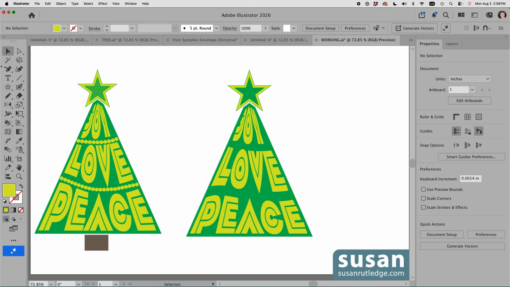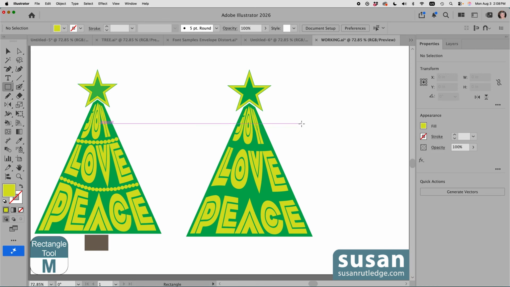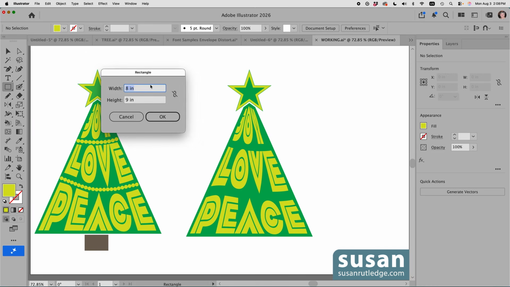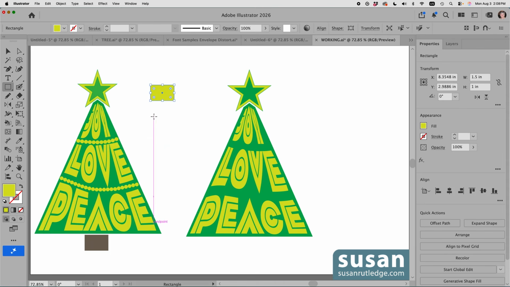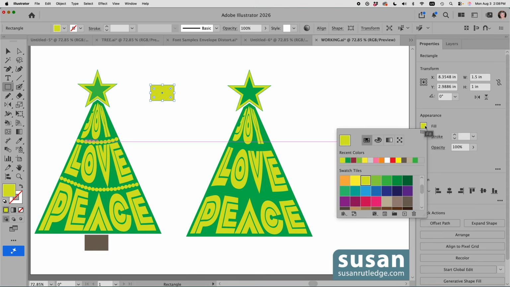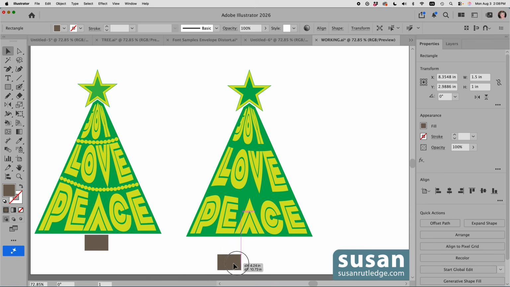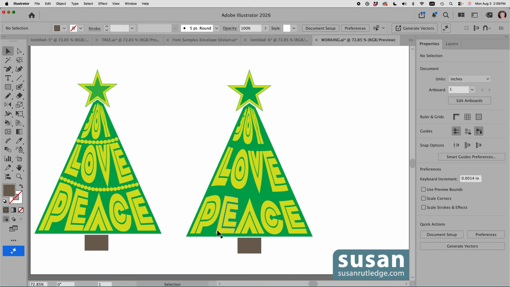Now to create the trunk, we'll get the Rectangle tool and click on the artboard. I'm going to make the width 1.5 inches, tab down, make the height 1, and say OK. And then let's change the color to brown, and we'll move this down and line it up in the center. And then the last piece is going to be the decoration in between the letters. And what I did here was